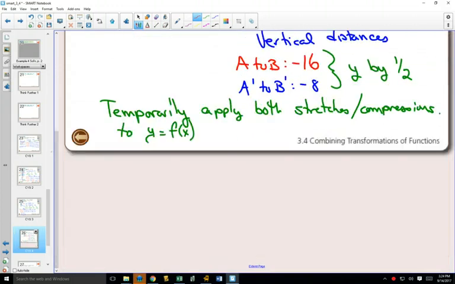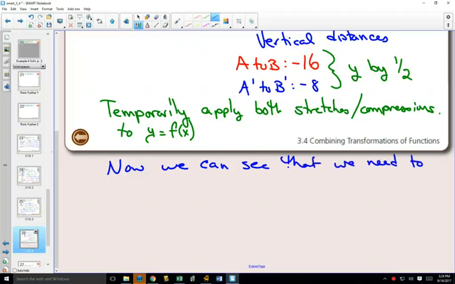So we can add that sort of as a note. Now we can see that we need to go 2 to the left and 4 down. And you have all of your transformations now. X is multiplied by 1, y by 1/2, left 2, 4 down. So we can write our final equation